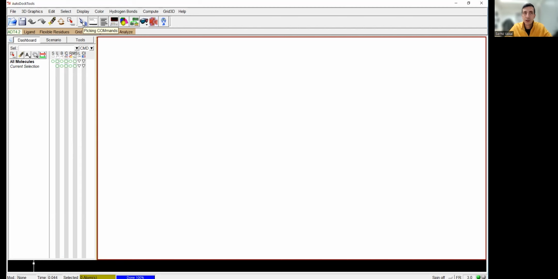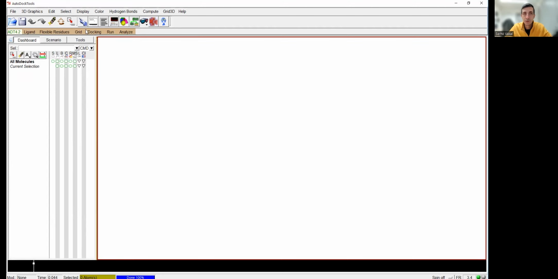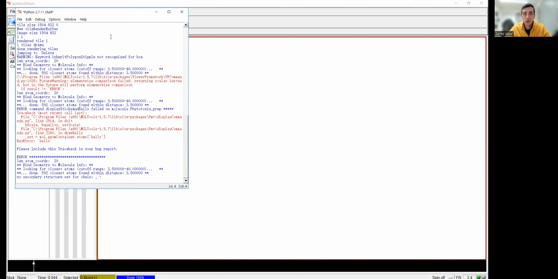Then you have the picking options. So here you have an additional menu now. You can set options for the Control key, Shift key, and select the level of picking. For example, you can pick on separate atoms or residues. It's very convenient. The next option is for the commands, so we can also write Python commands to open this